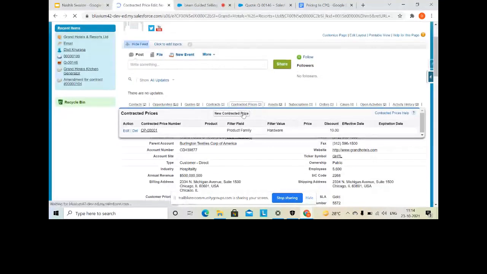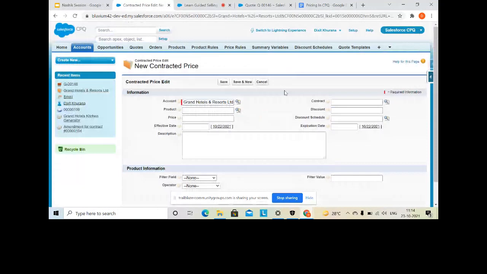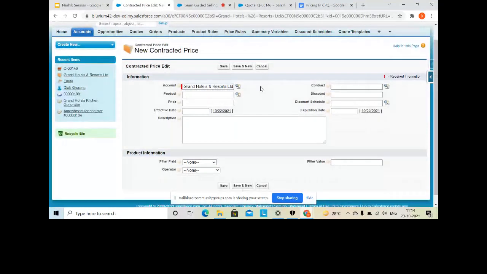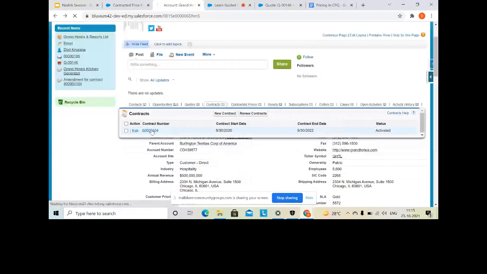Okay. These are the fields of contracted price. Now, let me go back first and open this account. This is the contracted price. I'll click on this and I'll simply delete it.